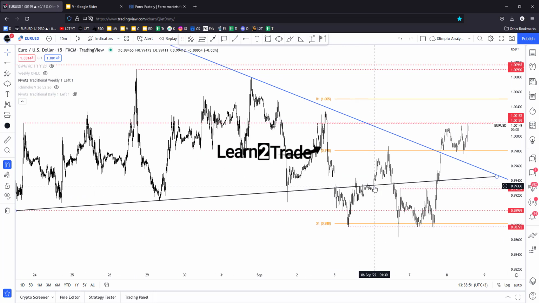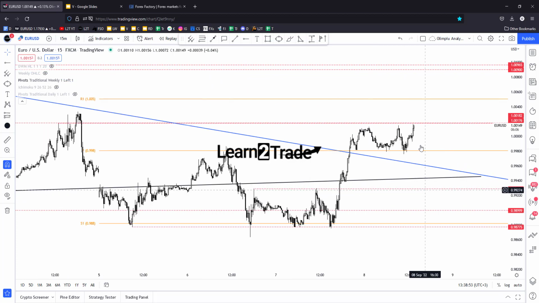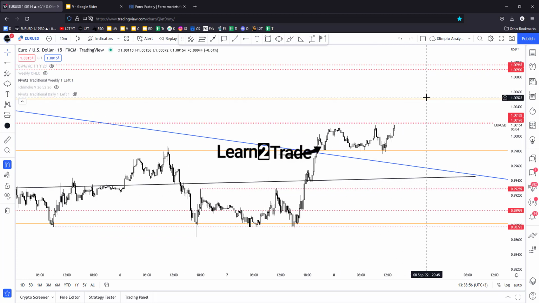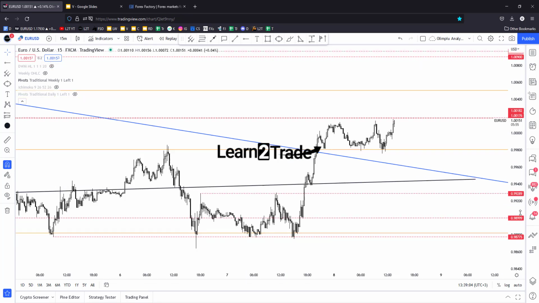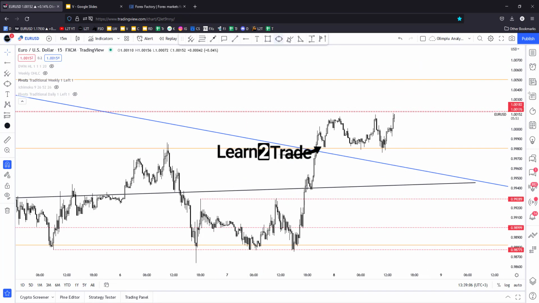So technically, euro versus US dollar could jump higher, could come back higher, but unfortunately anything could happen later around the ECB, and most likely the price could register sharp movements in both directions. That's why it's risky to place a trade, because I don't know if I would have placed